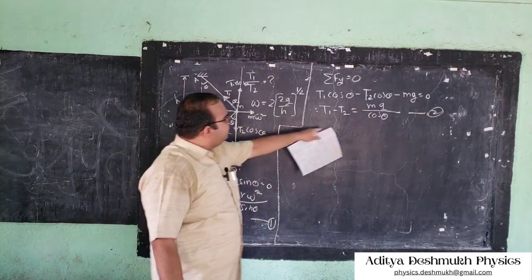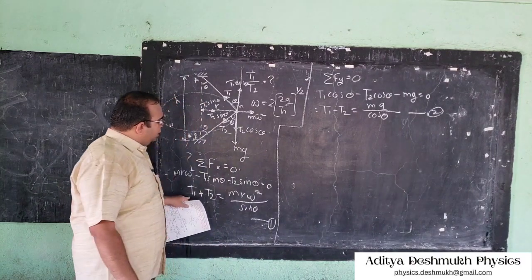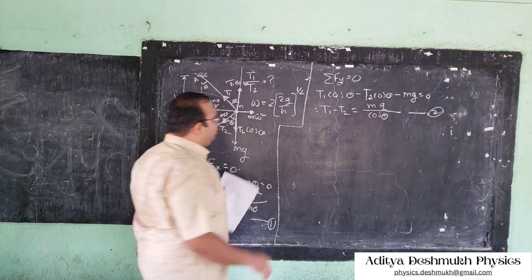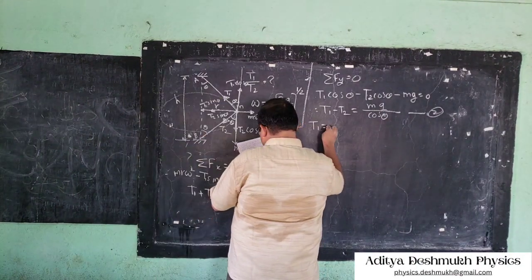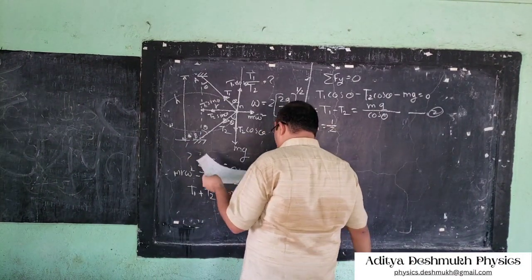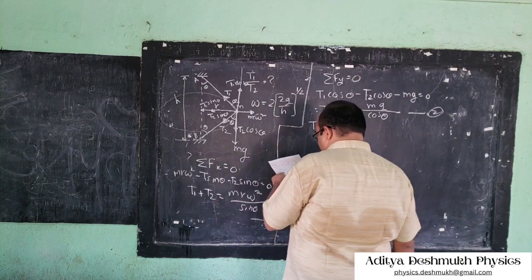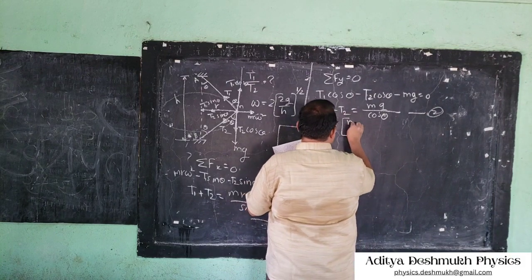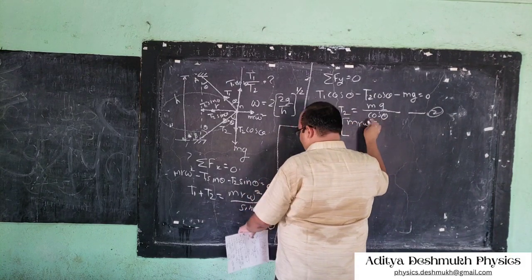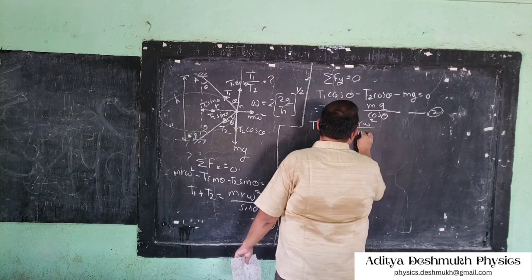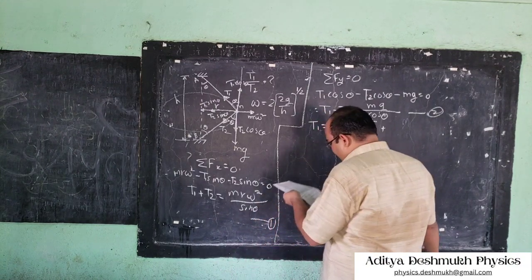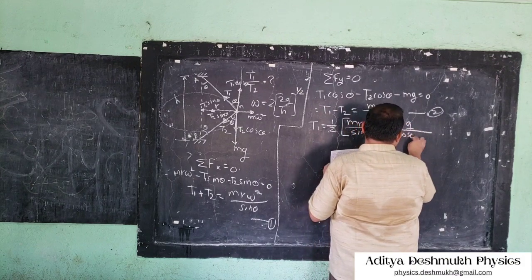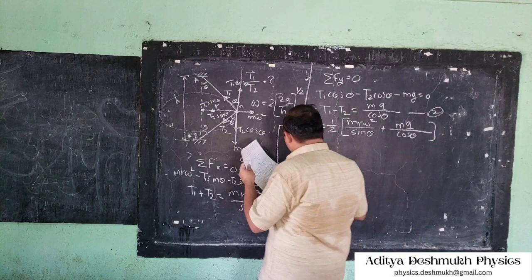So if I add these equations, I will get the value of T1, because T2 will get cancelled, and by solving these equations I will get T1 equal to 1 by 2 of m r omega square upon sin theta plus mg upon cos theta, and T2 will be,